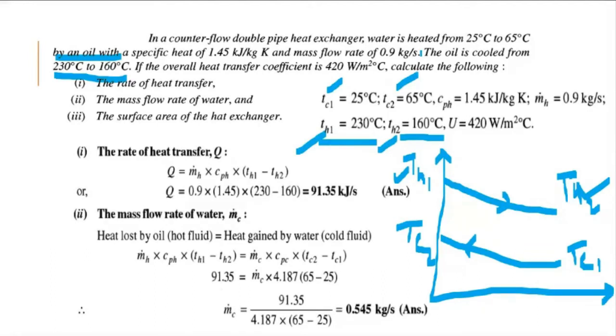Note for finding LMTD, you can take the temperatures in Kelvin or you can also take the temperatures in degree Celsius. Because LMTD is theta1 minus theta2 divided by ln theta1 by theta2. Theta is temperature difference. Whether you take these two temperatures in Kelvin or degree Celsius, the temperature difference value remains the same.